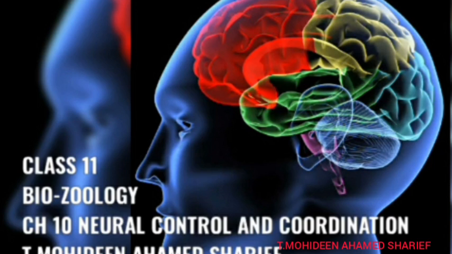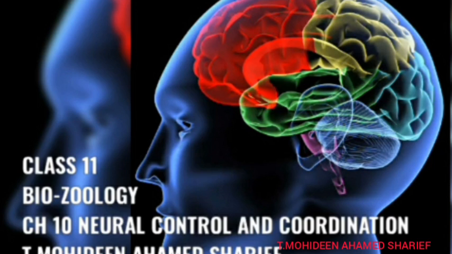Today we are going to see Biology-Zoology, chapter 10, neural control and coordination. Last week we saw about the structure of neurons, the nerve cell, and about the brain. In this class we will start from